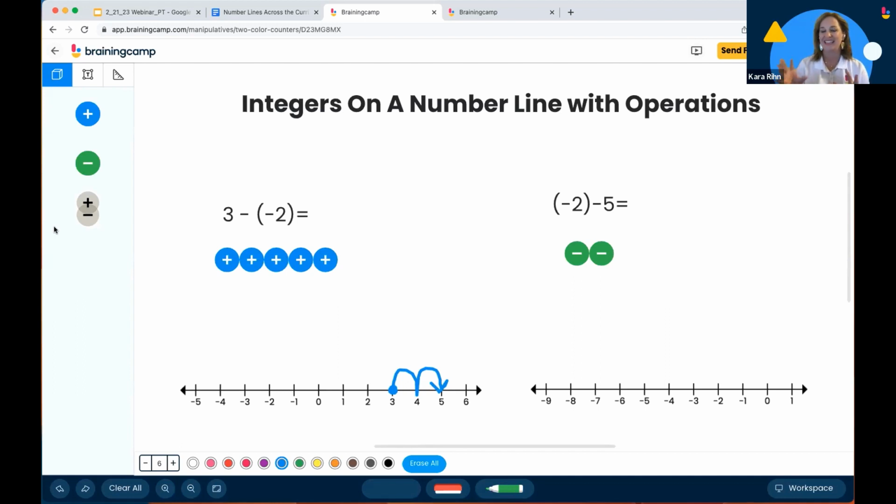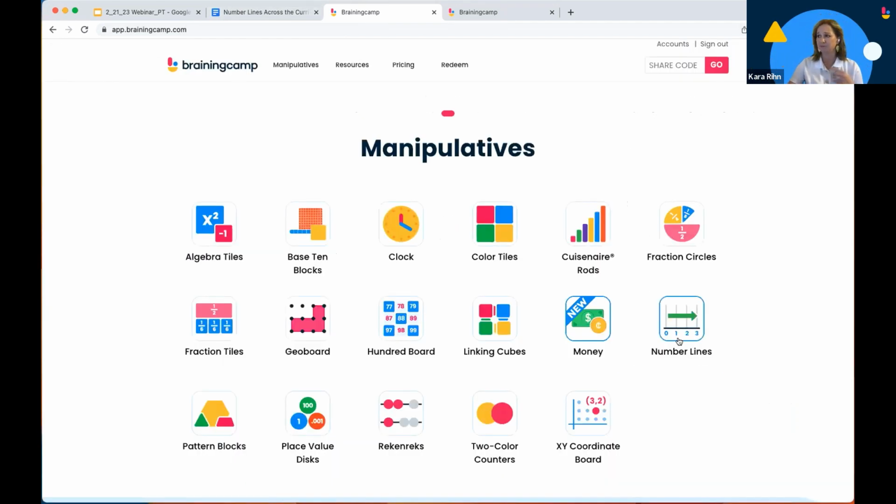So again, this is really important to show, not only with the integer chips, but also with the number line. Again, we can link this to everything that they know. And I think it's a very cool way to constantly be bringing in something that they're familiar with. The very last thing I want to show you, because we are running out of time,